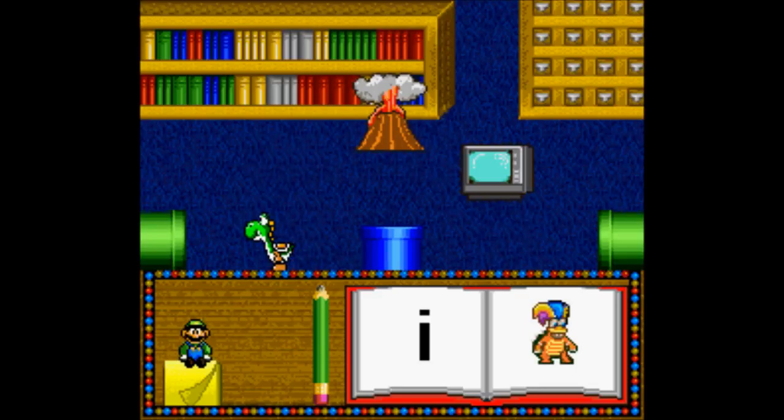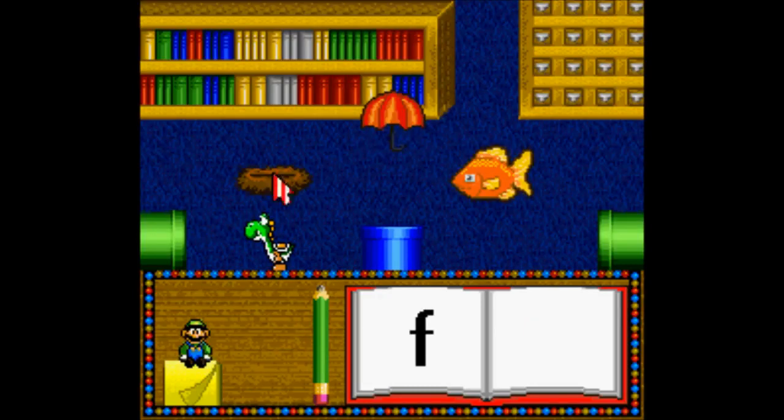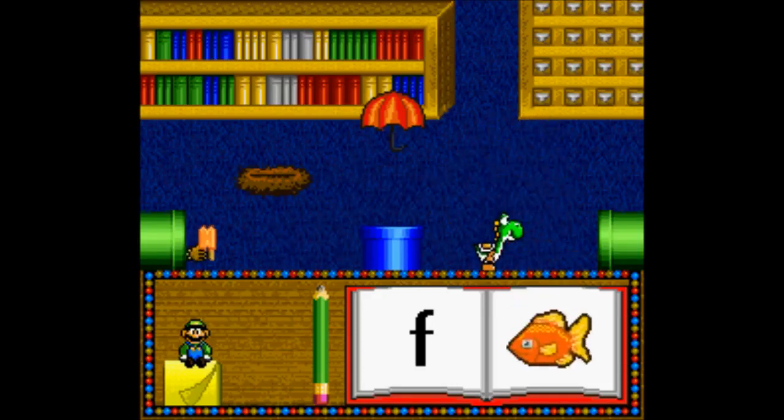You found Iggy that starts with I. I. Iggy. Pick the picture that starts with the sound. I like your choice. You found fish.